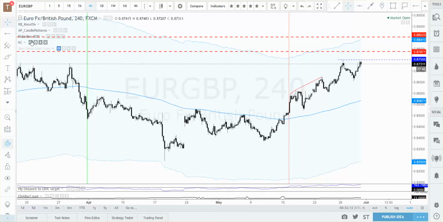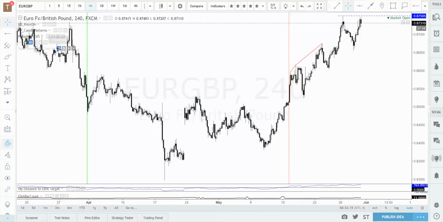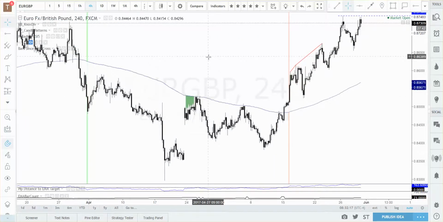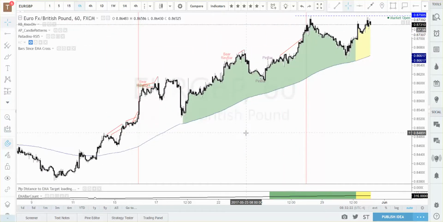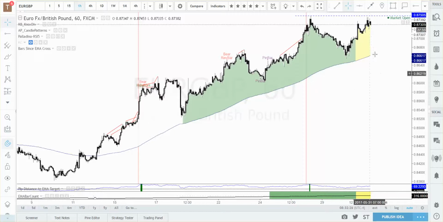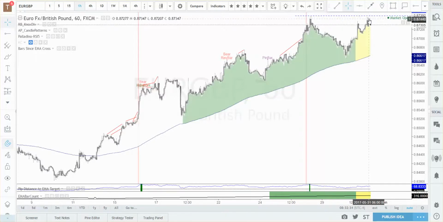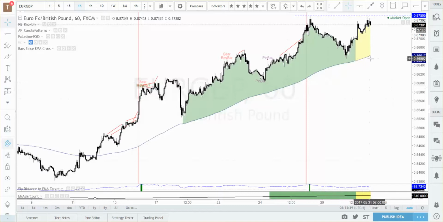The way I measure extension for this particular chart is by looking at the 1 hour chart on a euro pound. We have 300 plus bars, 316 bars since an EMA cross, okay? And we are testing a daily level. So I got in somewhere up here, and now I'll be looking to target this 200 EMA, which is right now